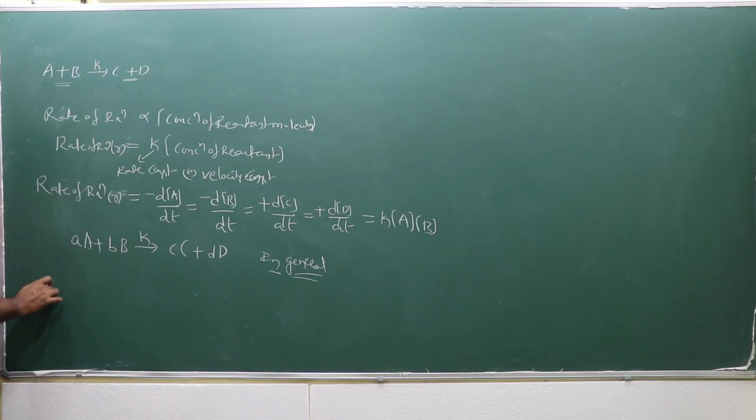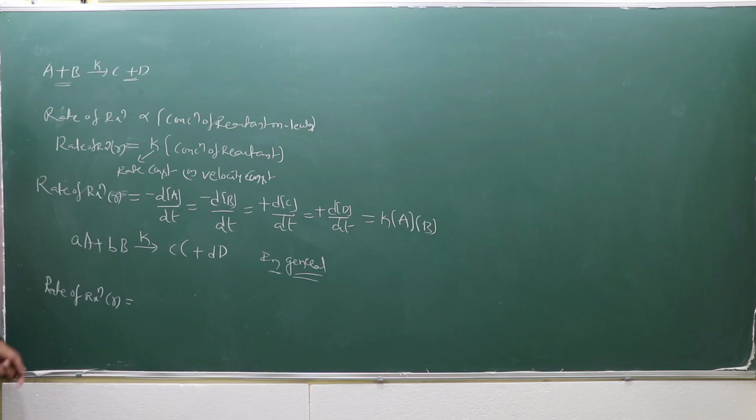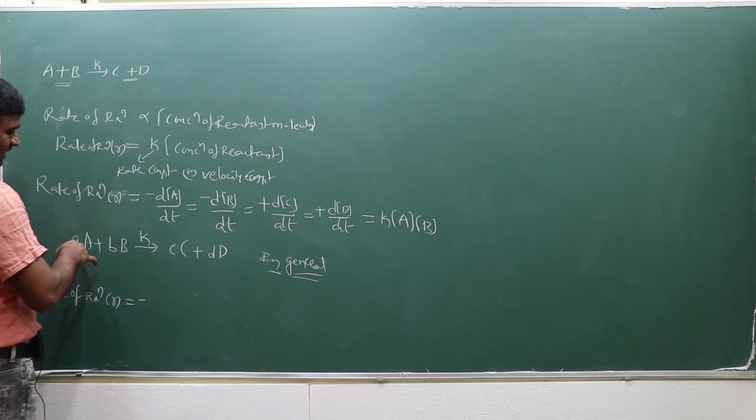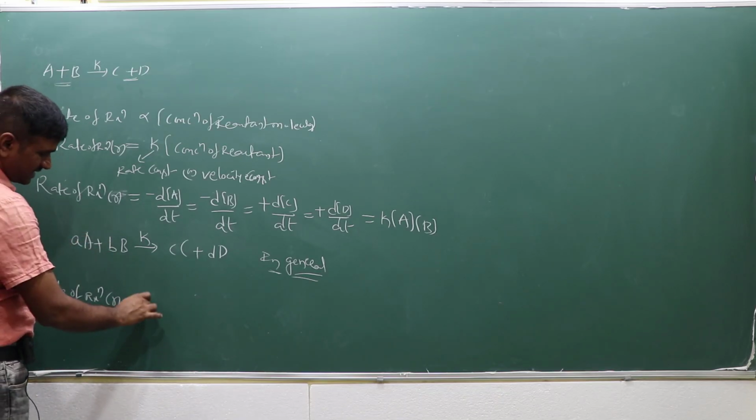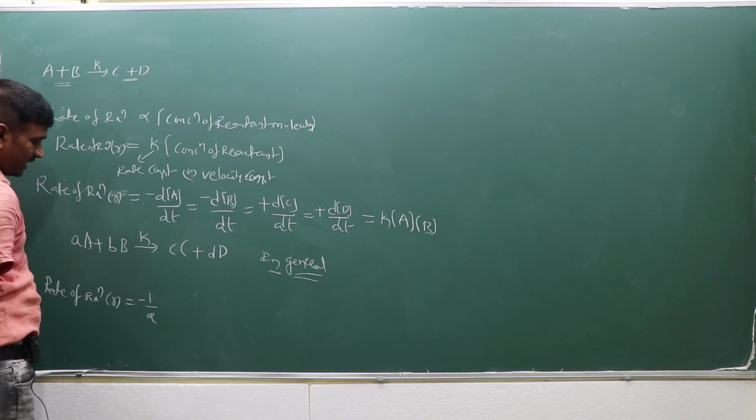The rate of reaction R is equal to... So in the reactant molecules case the concentration decreases. In the earlier case it also decreases, but one equivalent was mentioned, not a particular number of equivalents. But here small a equivalents of A and small b equivalents of B are mentioned. So you have to use minus for the decrease in the reactant molecules concentration. So that's why we have to use minus. And since a equivalents are there, we have to use 1 by a,